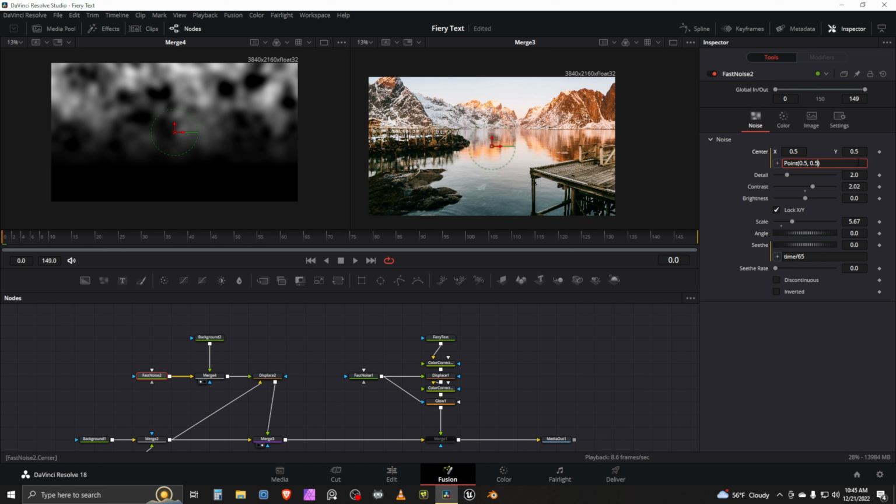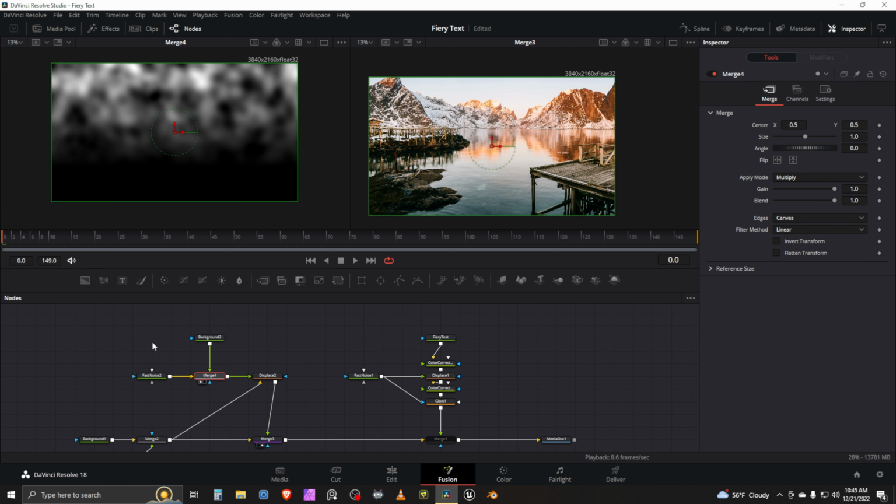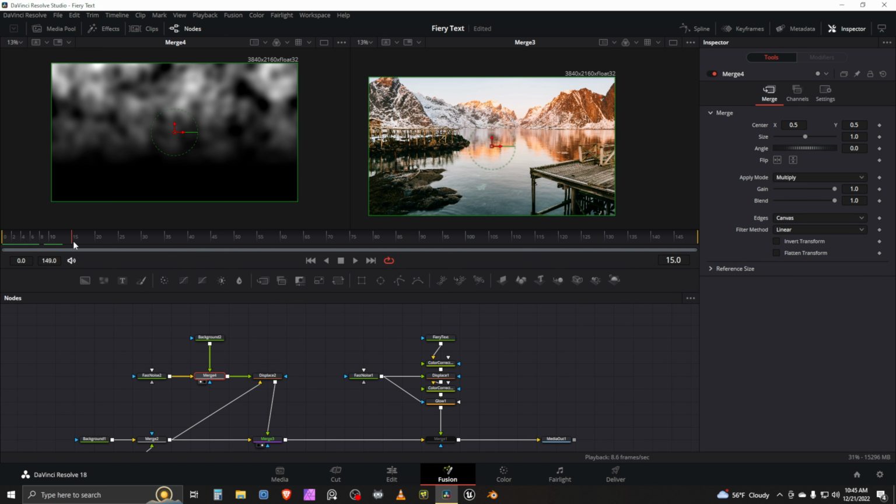Oh, we don't want to delete the parenthesis, but we want the Y value basically to change over time. And that's right. And we're going to have it change by a factor of, say, 20. And that's where we're going to leave it. So now that we've got that expression set up, we'll scrub through and we'll see how it affects it. So as it warbles,